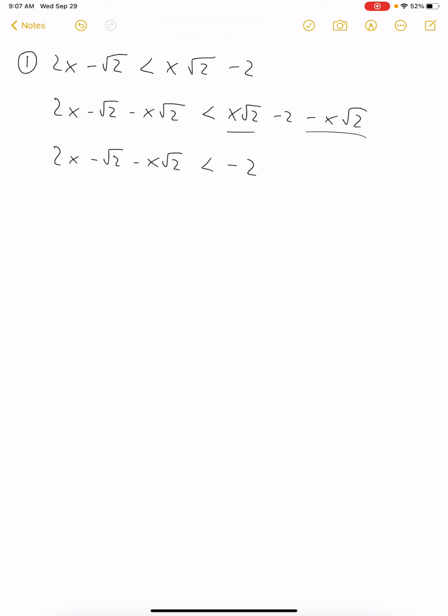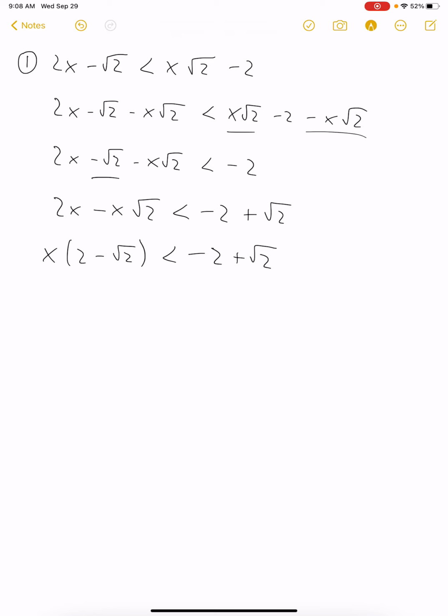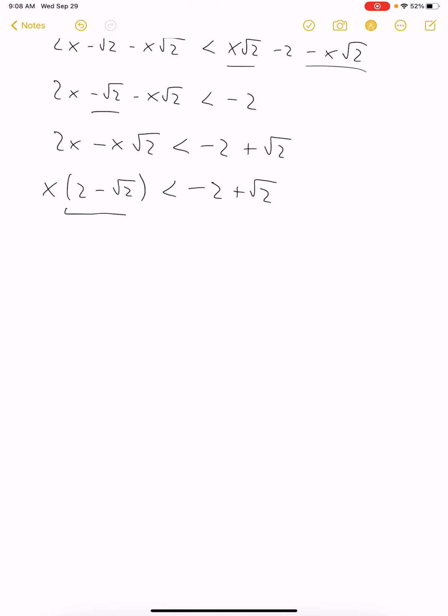As a second step, we will add square root of 2 to both sides of the equation, which means 2x minus x times square root of 2 is smaller than minus 2 plus square root of 2. On the left-hand side, we see we can write things as x times (2 minus square root of 2). And we just copy the right-hand side, minus 2 plus square root of 2. Now, this number is positive,